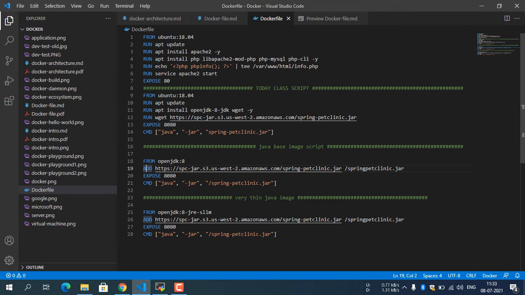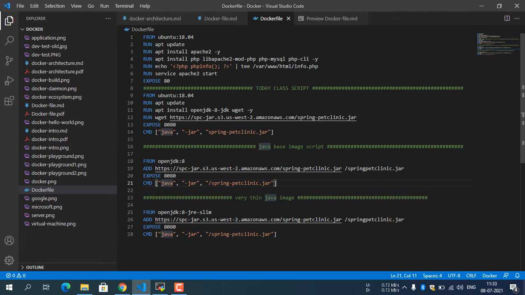I want to copy it in the root directory, and it will be spring.jar. As you all know, it was running on port 8080, so that is the reason I have exposed 8080. And CMD, in order to run this application, we need to execute a command. Whatever command you need to execute, we have to give in the CMD argument.